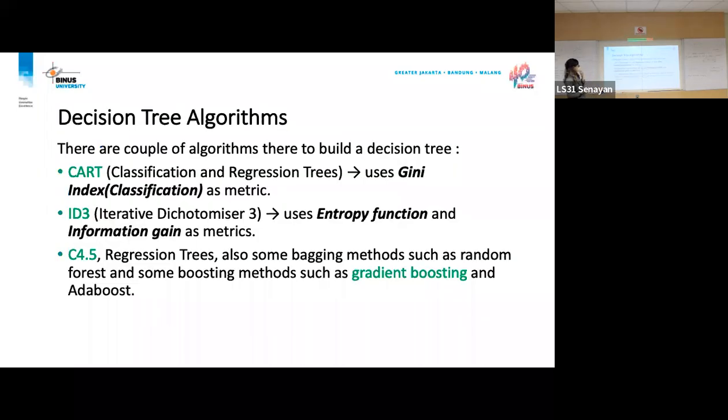So this one: CART, classification and regression trees; ID3, iterative dichotomizer; C4.5. You're going to learn all of this. But sklearn is using the CART version, a small modification of these. So don't get confused.